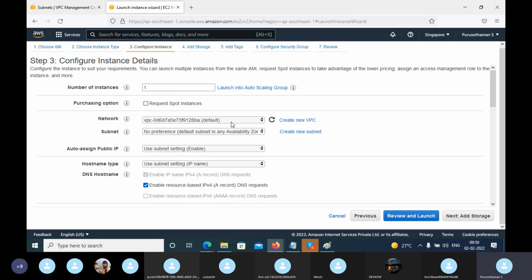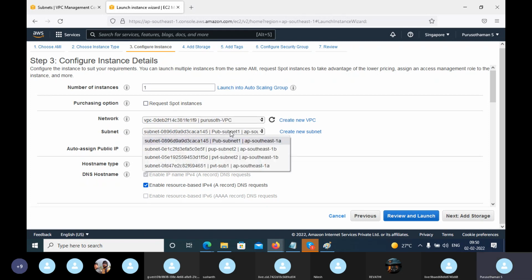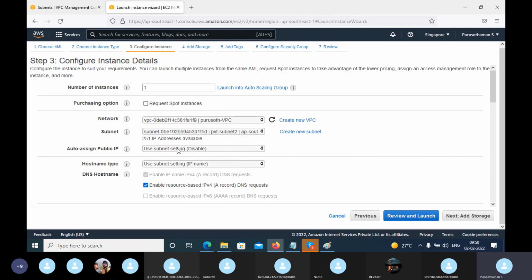For testing only, I am saying, select Purushot VPC, and now you can select your private route table subnet. By default, the public IP is disabled. If you enable the public IP, it will be assigned, but it will not be connected to the internet.